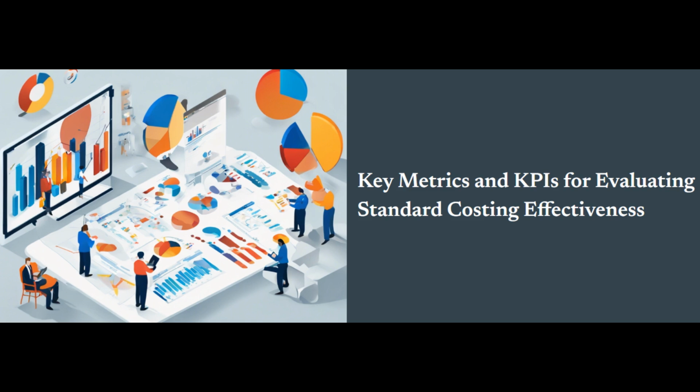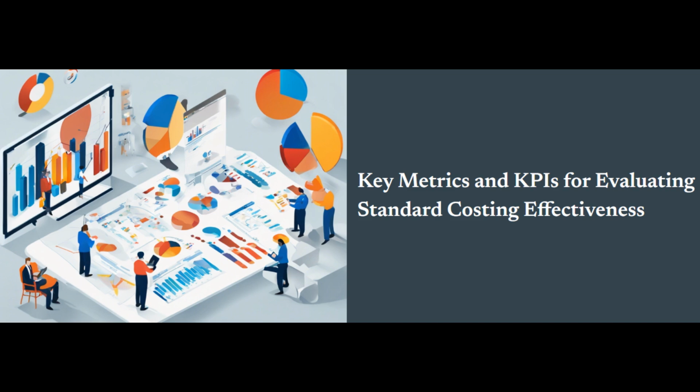To drive ongoing improvements in standard costing effectiveness, organizations should also establish a set of key performance indicators that can be monitored and adjusted on a regular basis. These KPIs should be closely aligned with the organization's strategic objectives and focus on areas such as cost management, operational efficiency, and financial performance. Some examples of KPIs that can be used to track the effectiveness of standard costing include: